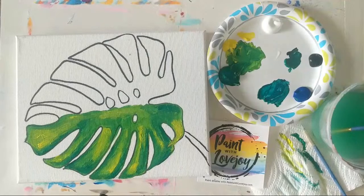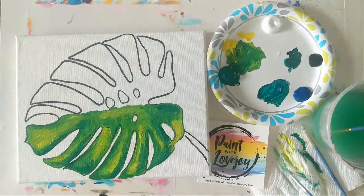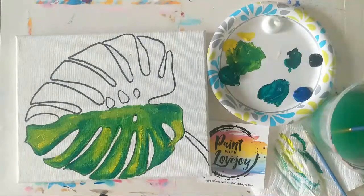And let's see, oh, here's the question. How often do you use the grid, and do I freehand most of the drawings? Okay. Actually, I think like I've said in some of my other videos, I'm a rather expressive, slightly sloppy painter. So the grid method, as awesome as it is, is almost a little more structured than I like to paint. But it is a great way to learn how to draw what you see, paint what you see, instead